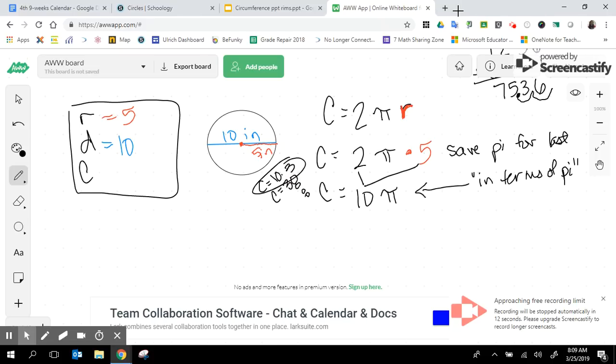So then the last thing you have to do is 10 times 3.14. Put your place value 0, 4, 1, 3, 1, 2, 1, 2. And our circumference is